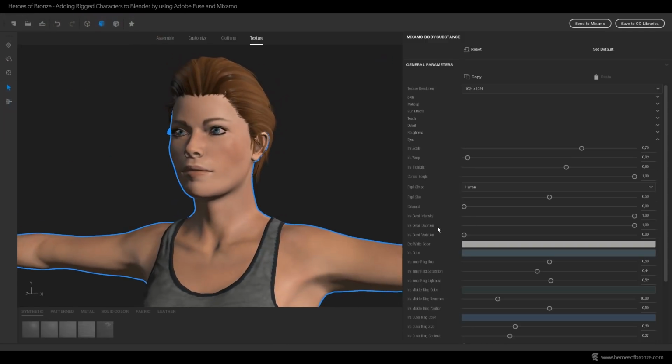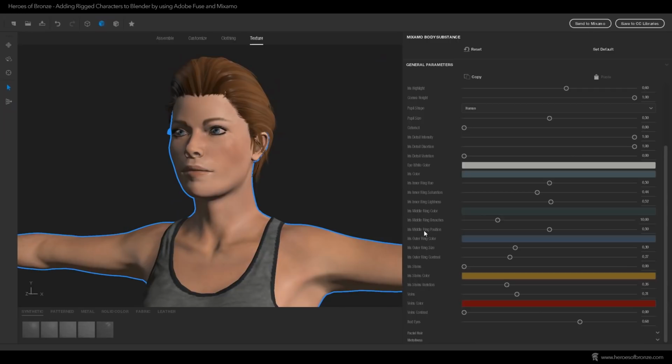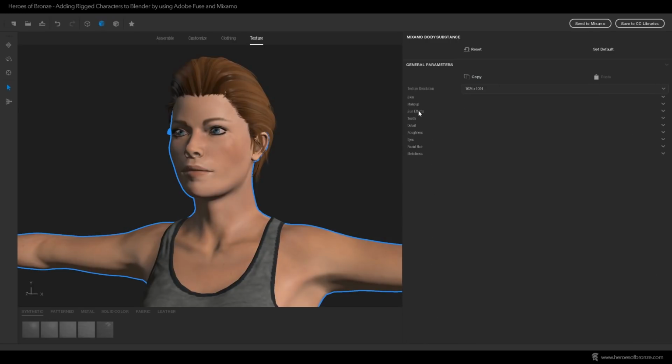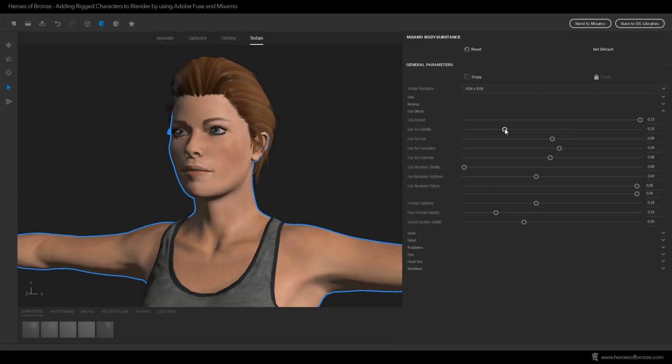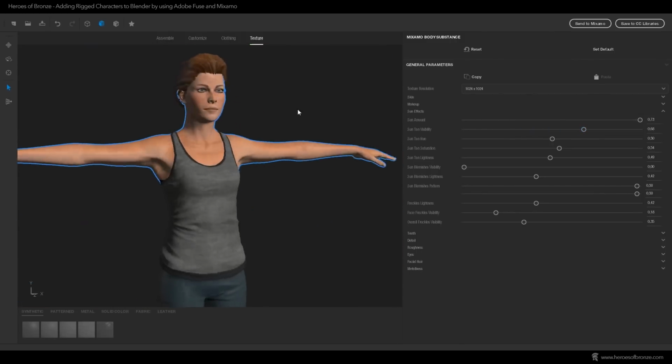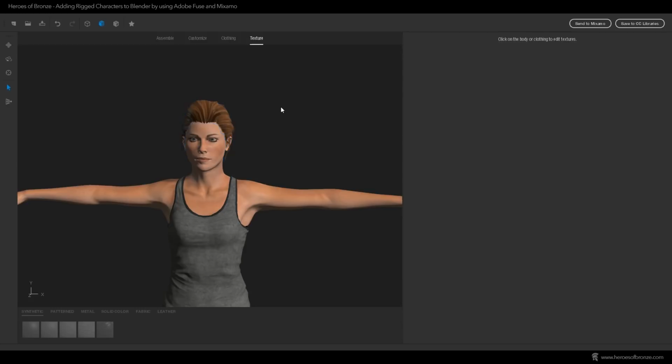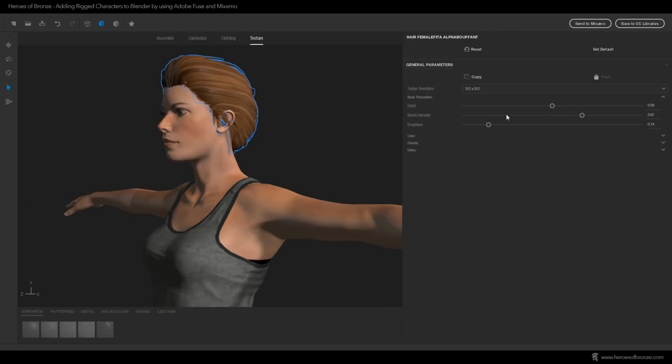There's many other options available. You can completely change the tone of the skin, add freckles, textures for beards. You can even make the character pink with black eyes, if you want. And it's also easy by just selecting and playing around with the different sliders. And this is really what's great about this app. It's simple, easy to use, and very fast.